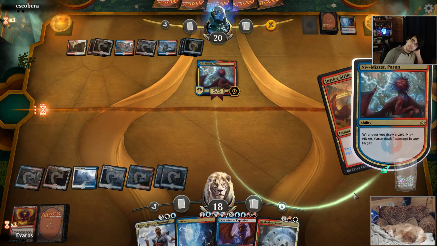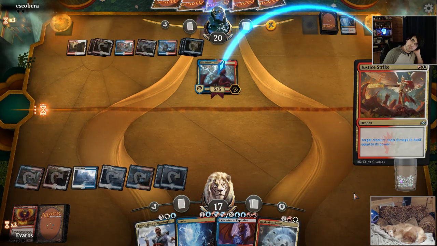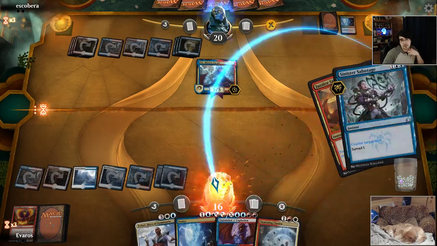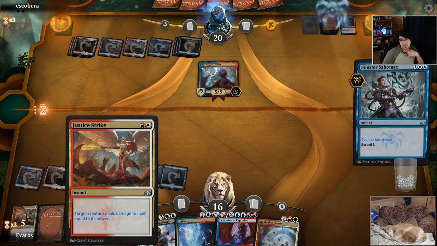Let the damage resolve. I wonder if this is resolving. Okay, sad. Alright, so Sinister's fine here. It does mean I'm in on Teferi bounce, which is not really where you want to be with Teferi, but...